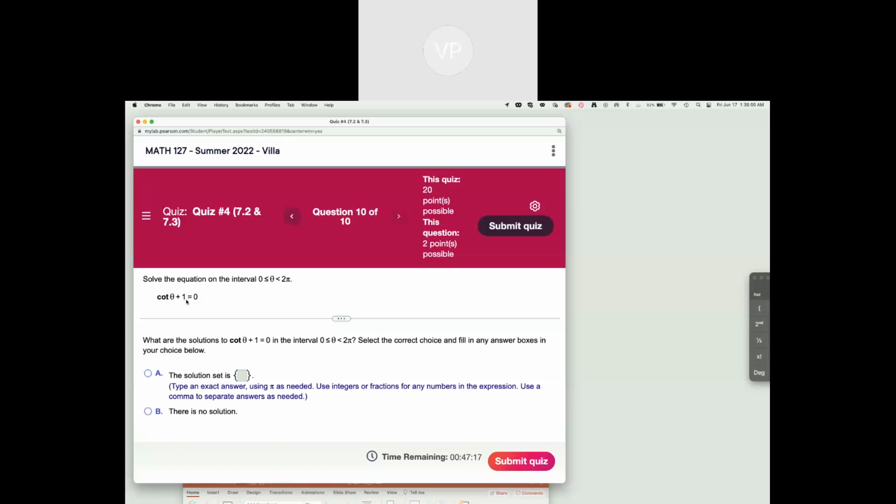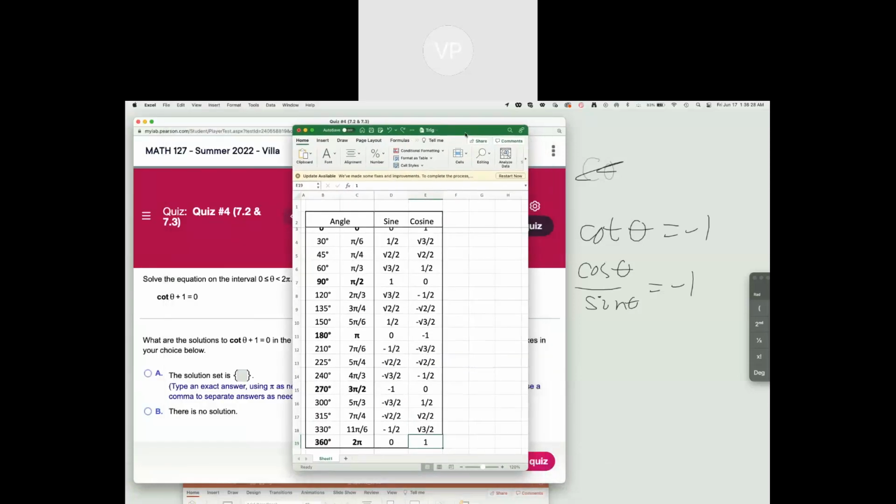Set it equal to 0. In this case, you can't factor it, so I would go the other route, actually, and say, let's let the cotangent of theta equal negative 1, and then remember, cotangent is cosine over sine. So you ask yourself, in my table, where is it that when I divide cosine and sine, I'm going to get a negative 1? Well, the only time you divide cosine and sine and you get a 1 is when they're the same,